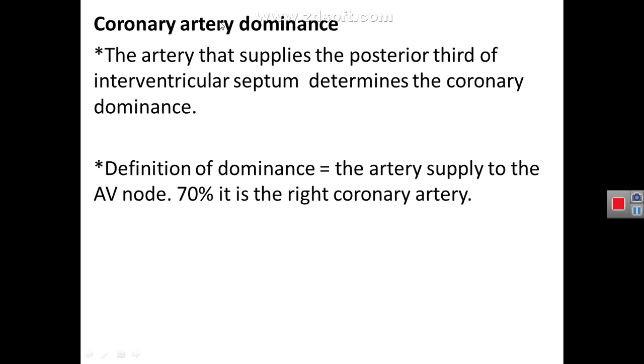The term dominance of the coronary artery refers to the arterial supply to the interventricular septum. Of the right or left coronary artery, if one of them supplies the posterior third of the interventricular septum, then it is considered the dominant artery. As we said a while ago, in 70% of the population, the posterior one-third of the interventricular septum is supplied from the right coronary artery, and the remaining percent